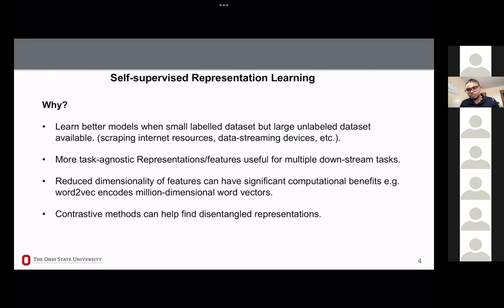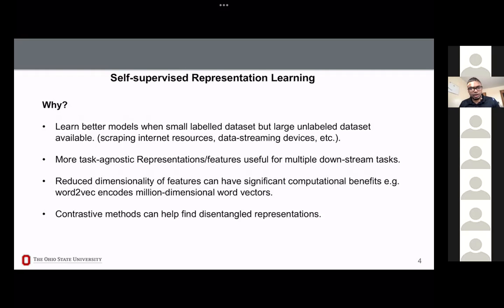Self-supervised representations have been found to be more easily transferable between tasks. Another advantage is they help reduce dimensionality of features when you don't have labels,